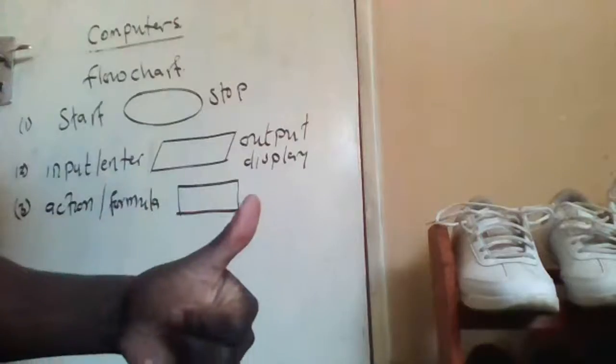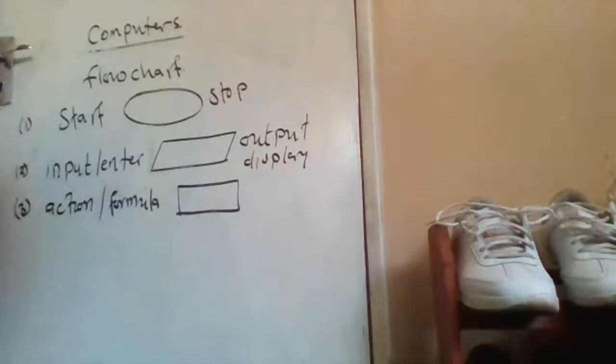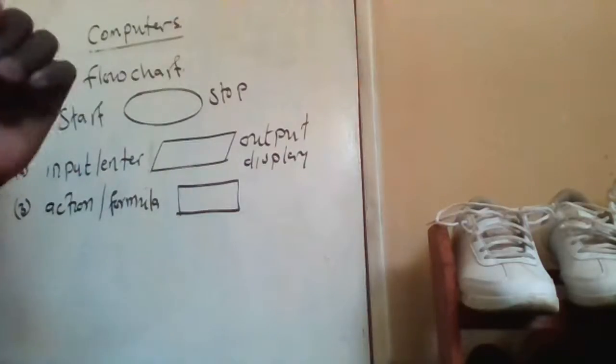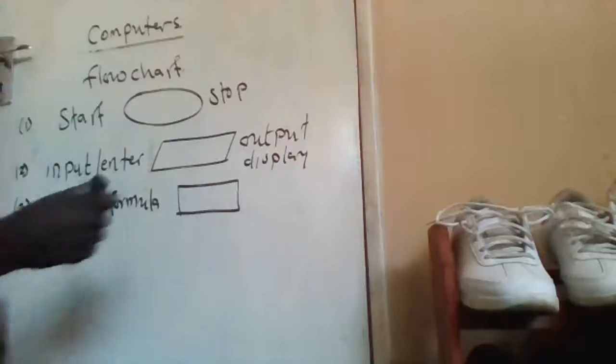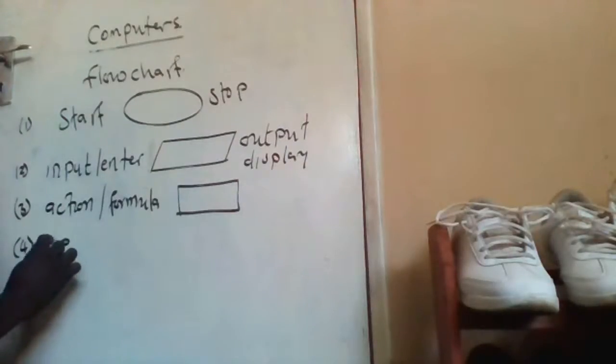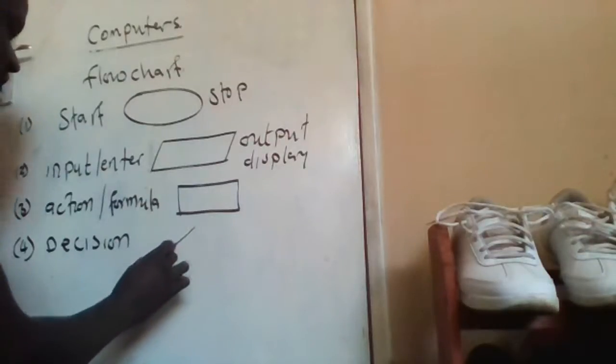When it is loading, what is it doing? It is making a choice. Whether the password you entered was correct or whether the password you entered was incorrect. So at that moment, the computer is now deciding. So there is a decision shape that we use. And the decision shape looks like